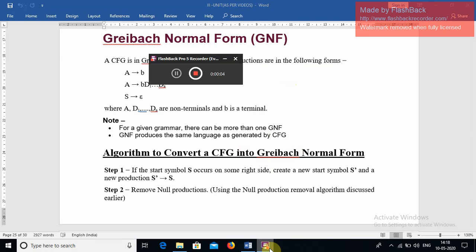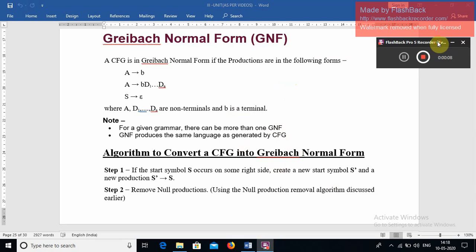Hi everyone. The next topic is Greibach normal form. So Greibach normal form is a kind of normal form. We already know what a normal form is. Normal form actually gives standardization to the grammar. So if a context free grammar wants to be in Greibach normal form, it should follow certain production rules